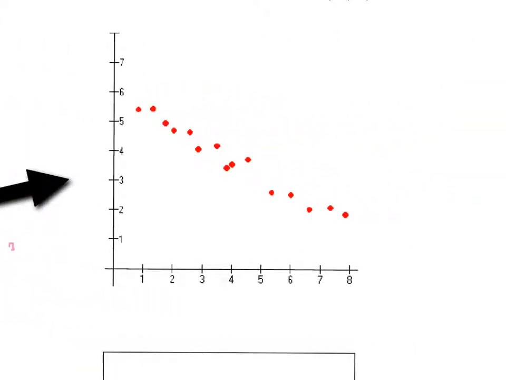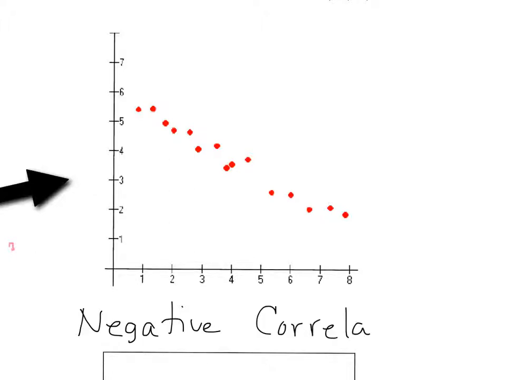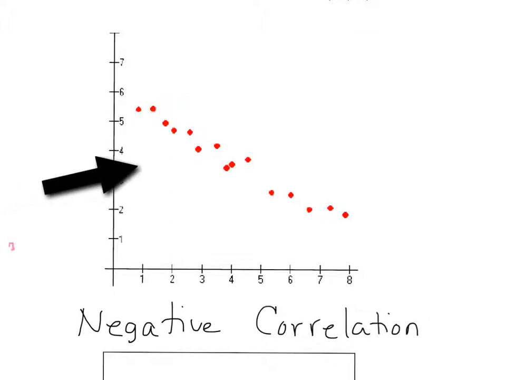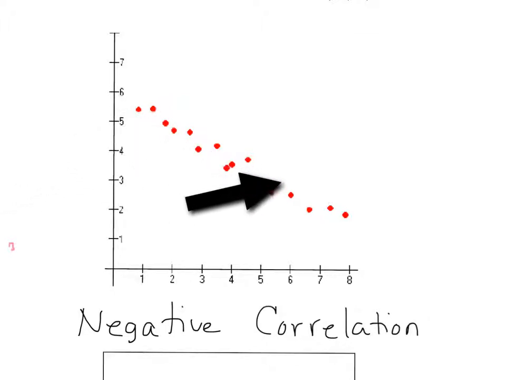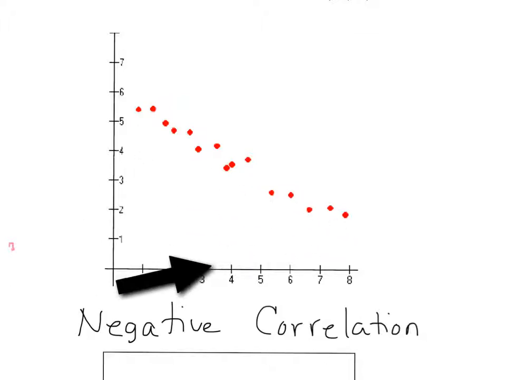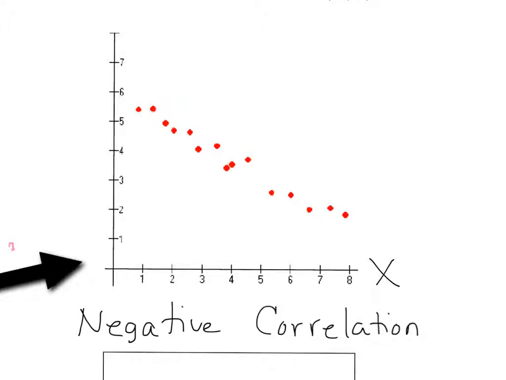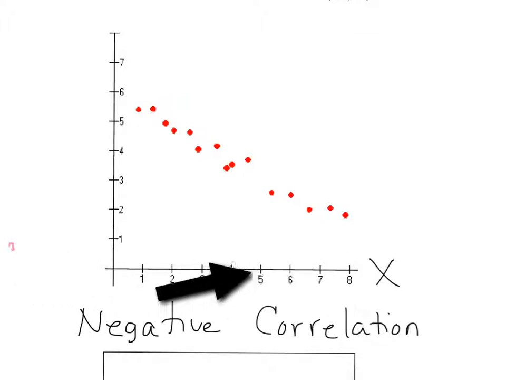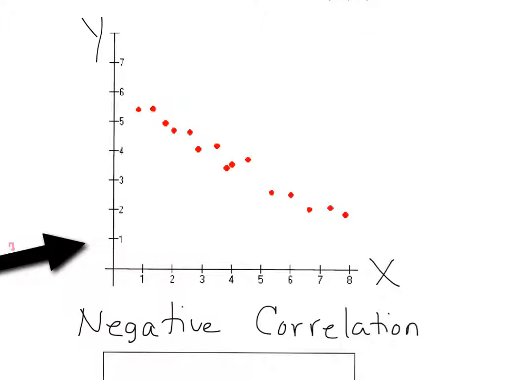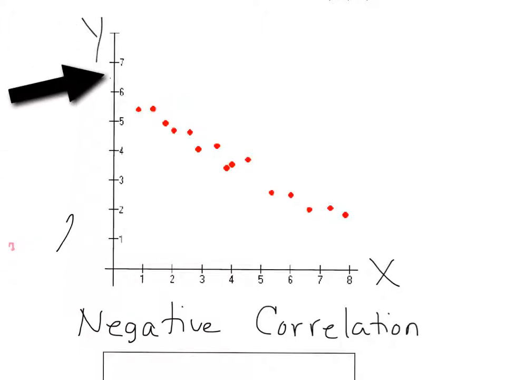This is what's called a negative correlation. And as you can see, the data is generally going down. And what this means is there actually is an inverse relationship. As the X increases, the Y decreases. So a good example might be